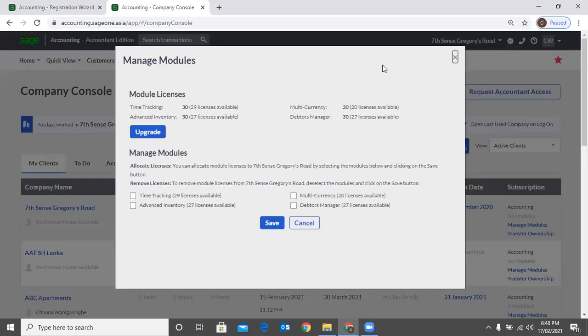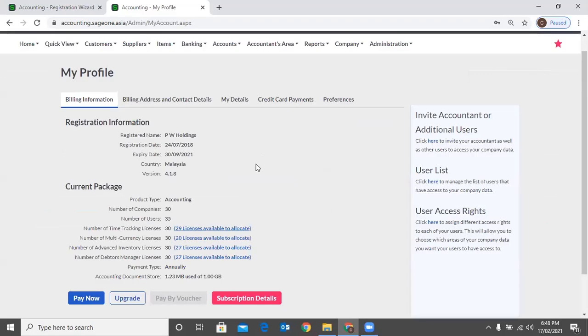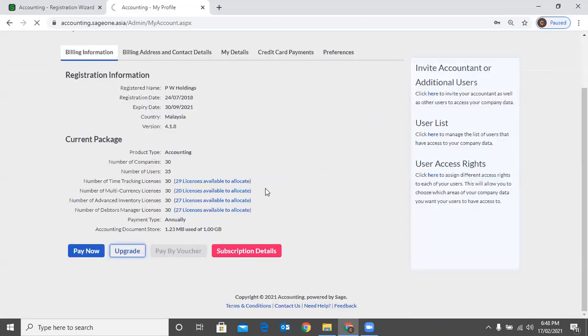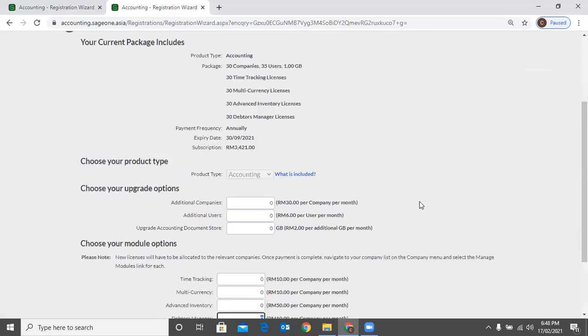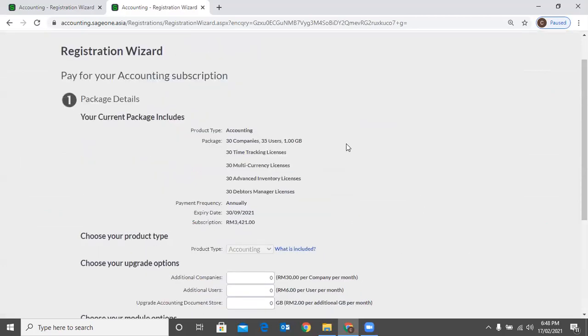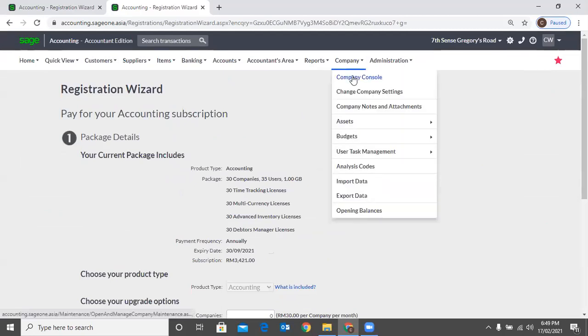Okay, is it clear? Go to administration, my profile, click upgrade, and you can enter one for time tracking, multi-currency, advanced inventory, data manager, and click next, and you can finish that process. After that, go to company, click on company console,